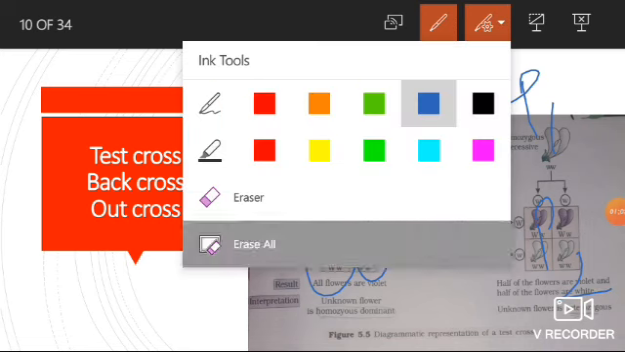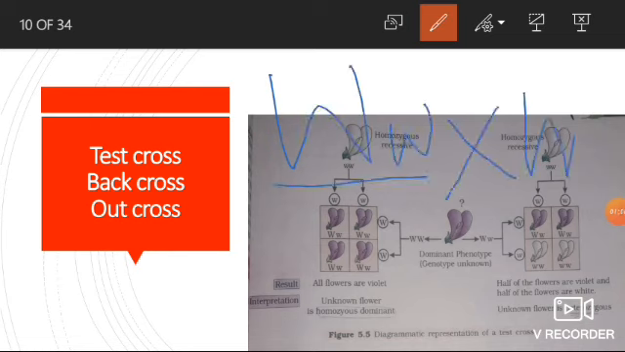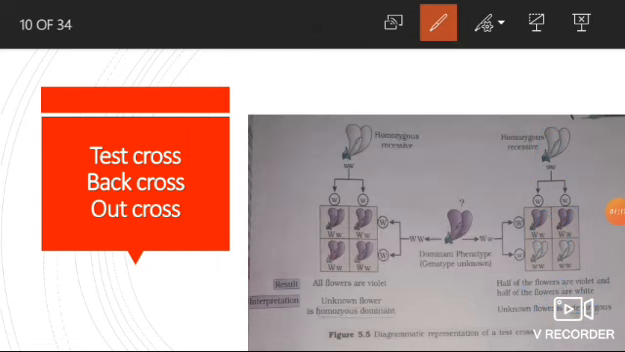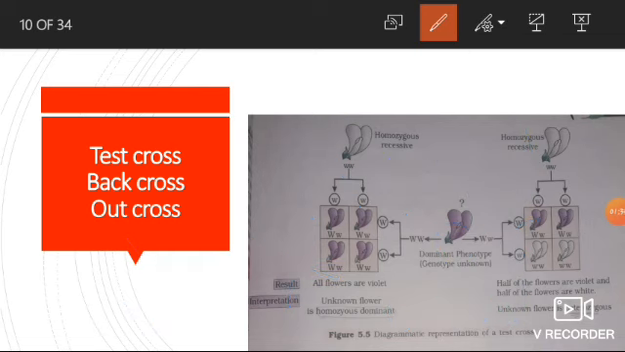Now back cross includes the cross between a hybrid and one of the parents, either with capital W or small w. I repeat, back cross involves a cross between a hybrid with one of the parents. It can be either capital W or small w. This is back cross. In plant breeding, back cross is performed a few times in order to increase the traits